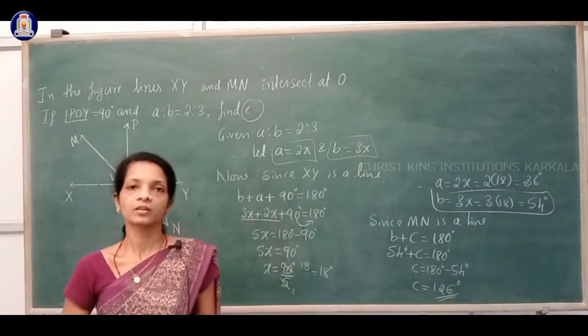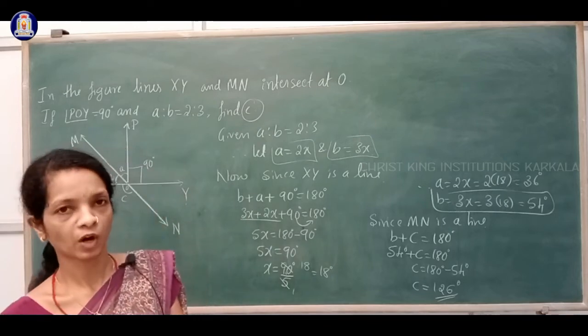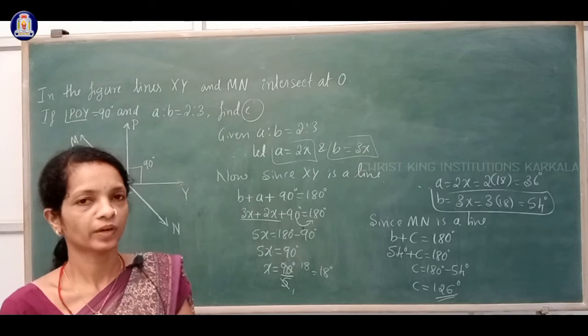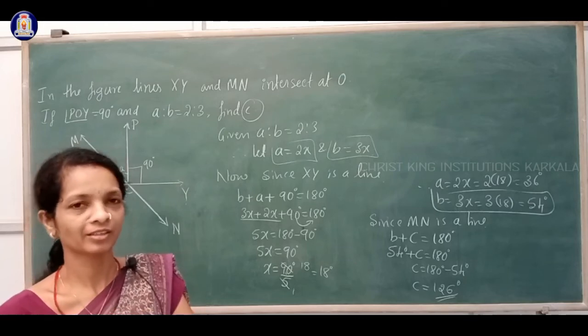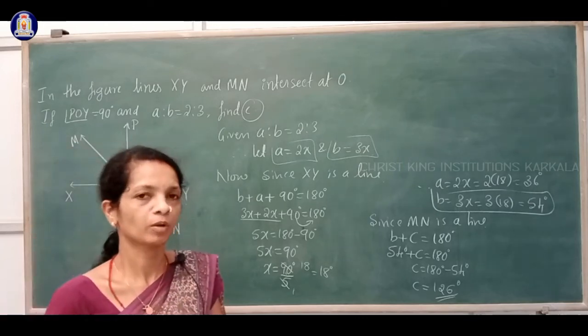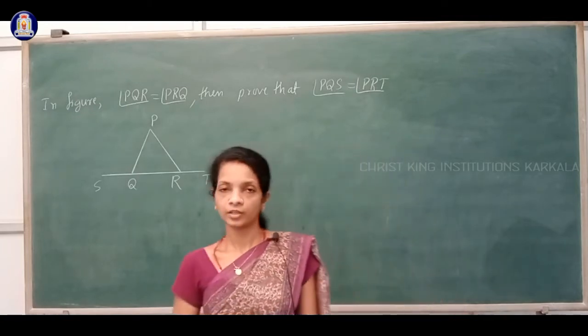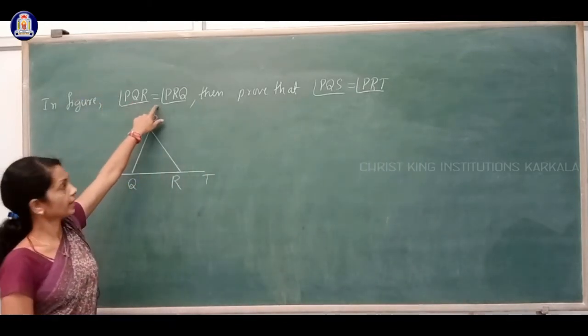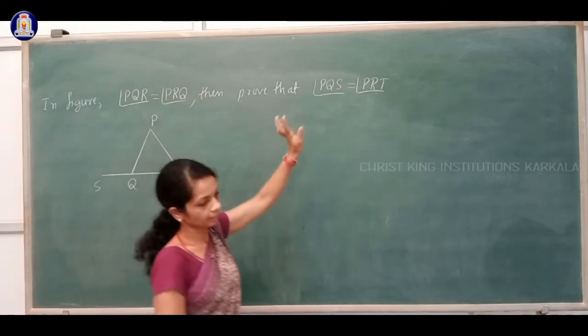Okay, these are the straight line concepts you have to use. The total angle on one side of a straight line is equal to 180 degrees. If you keep that in mind, then you can solve many problems. Okay, thank you. Next, in the given figure, angle PQR is equal to angle PRQ, then prove that angle